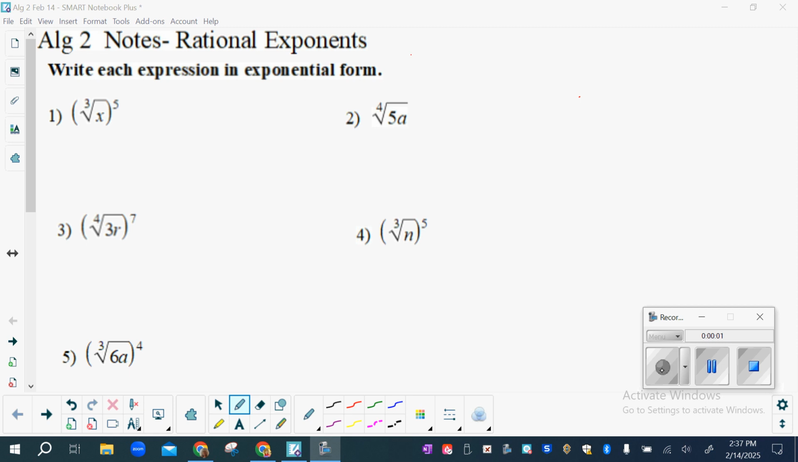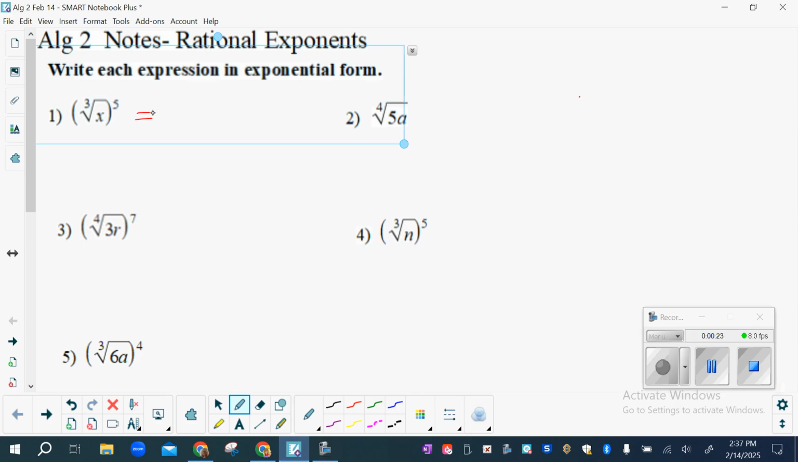For computers, we frequently don't have a way to type in a radical. So what we need to do is write it another way, and that other way is called exponential. So if we have the cubic root of x to the 5th,